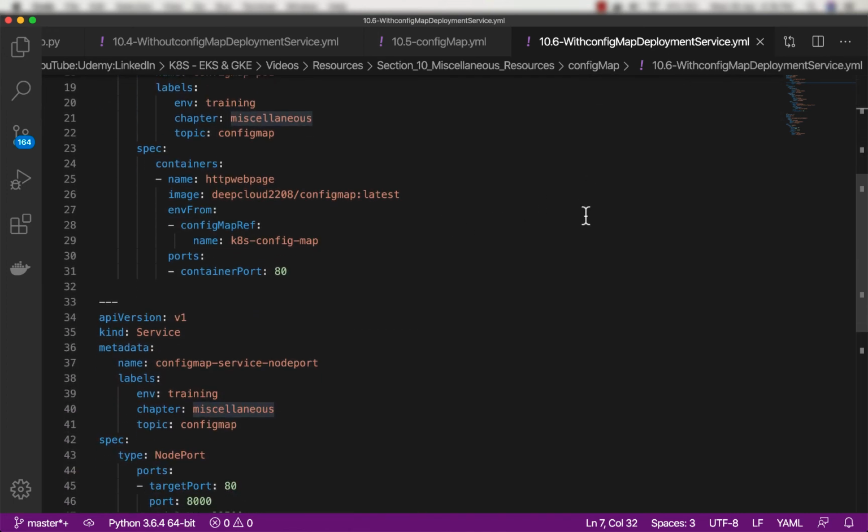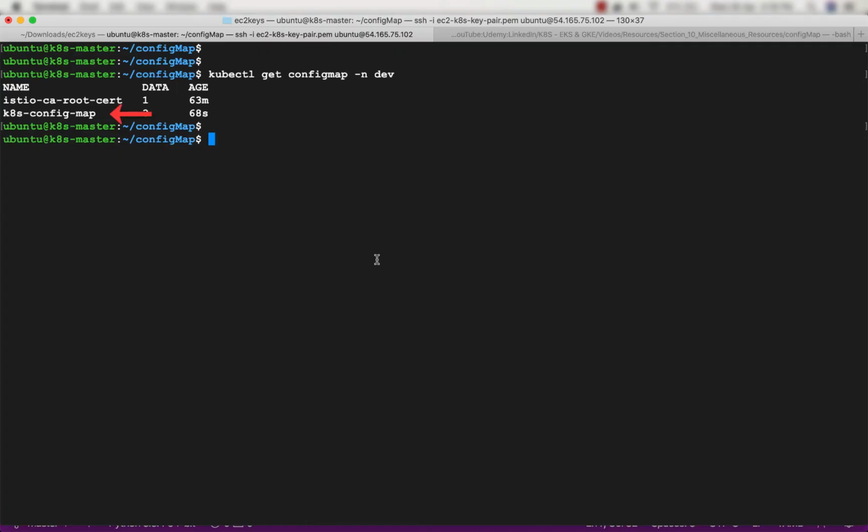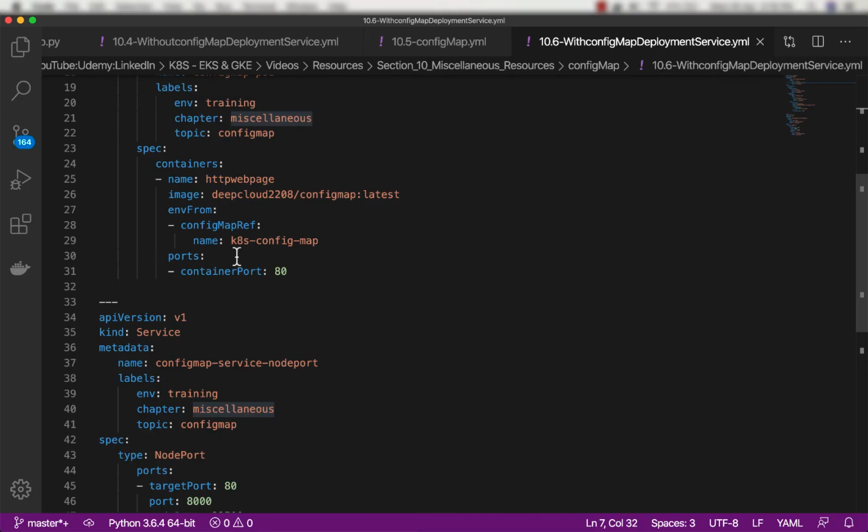Now as you can see in the container specification, I'm not using env, I'm using env from, and then I'm providing this config map reference, and the name is nothing but the name of the config map that we have just created, which is this one, k8s config map, and the same name has been put here. I'll change the name of the container. Now using this env from block, we are injecting the config map into the pod, and now we can go ahead and create this deployment.